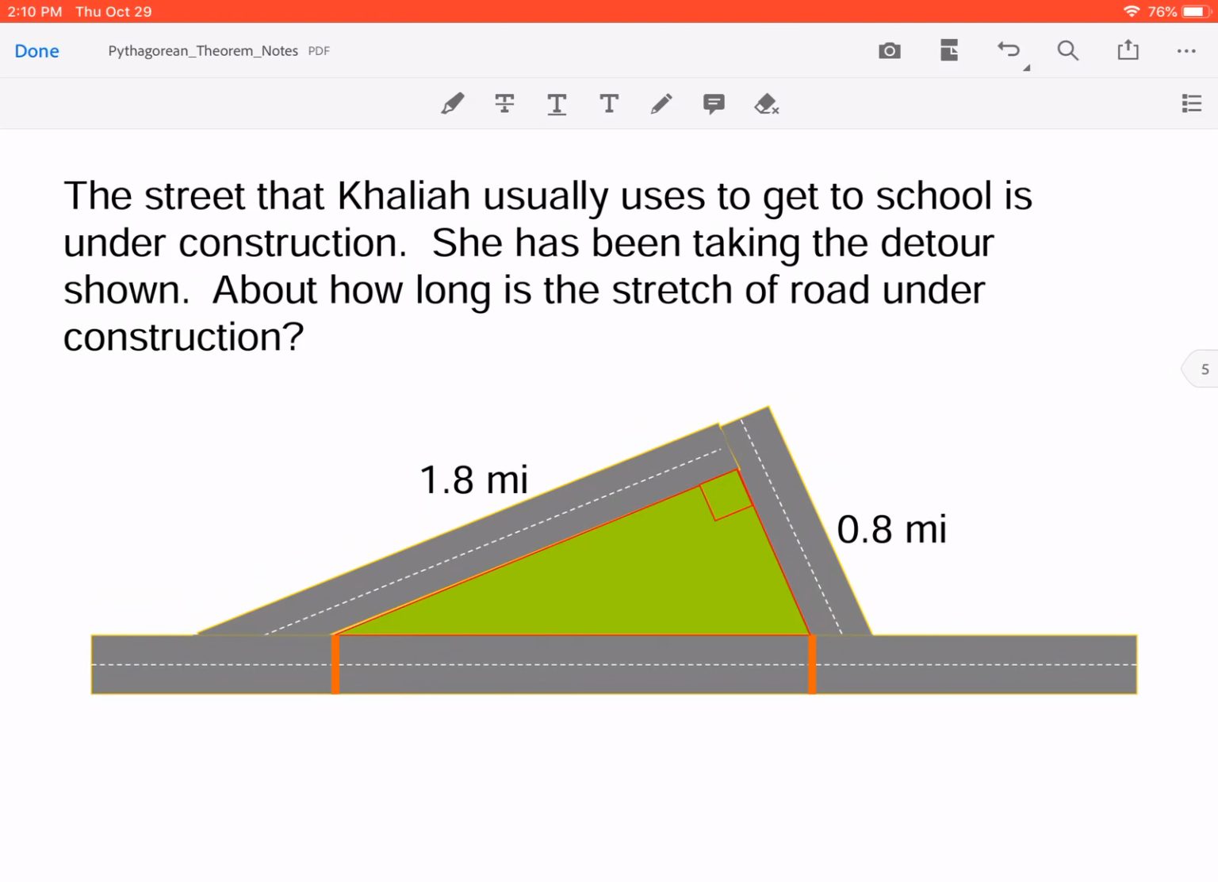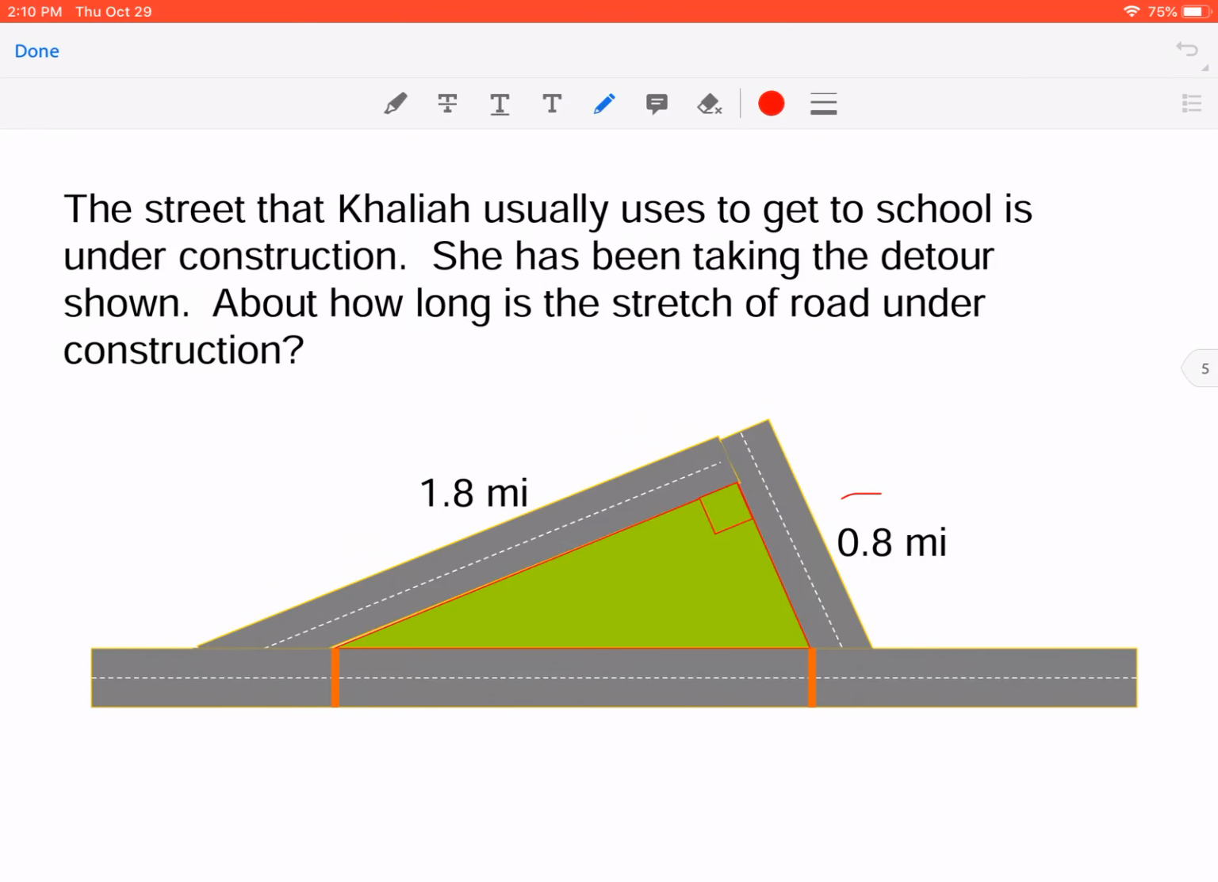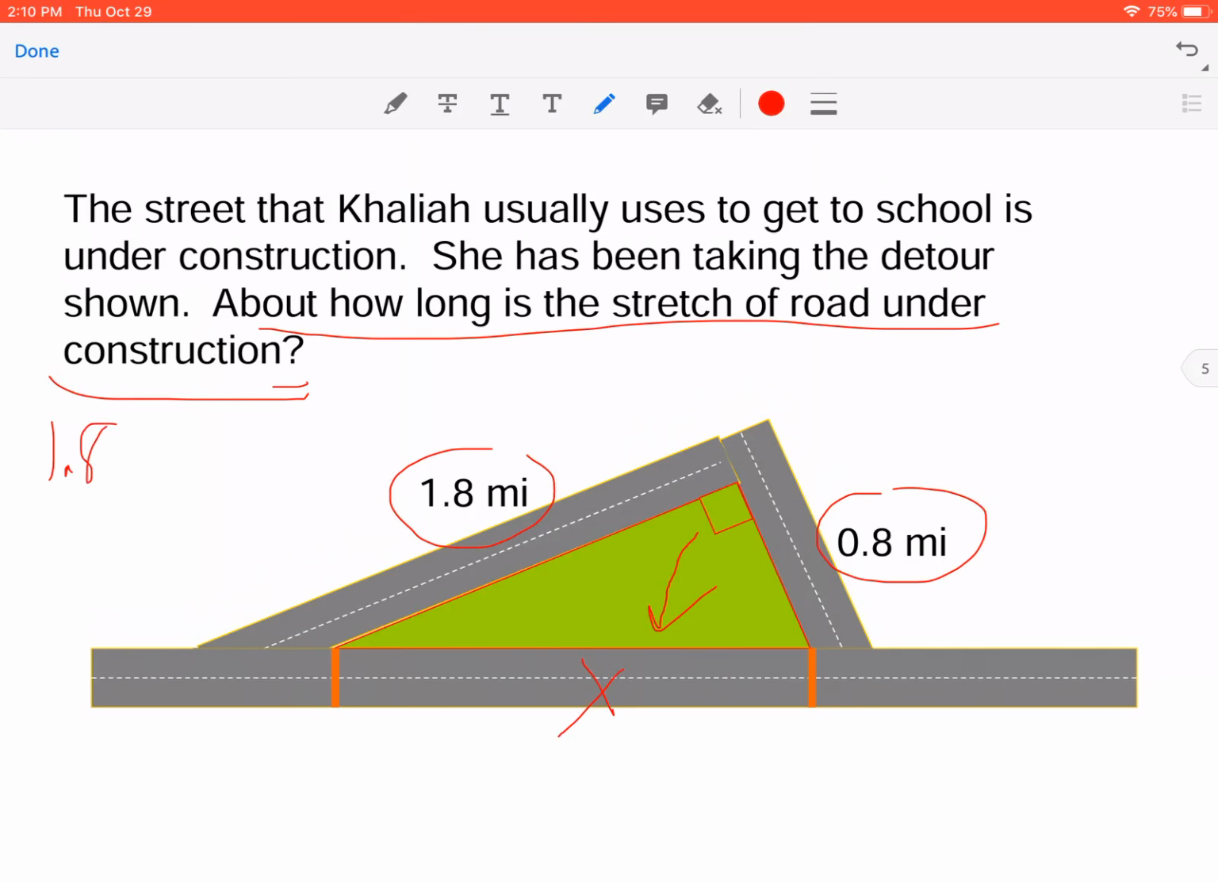Word problem. So it looks like we've got a street here that is 1.8 miles, and we have another street that's 0.8 miles. And it's under construction. She's been taking the detour. About how long is the stretch of road that's under construction? So what we're looking for is this piece right here. And again, the hypotenuse is always across from the 90. So it looks like we're going to do 1.8 squared plus 0.8 squared